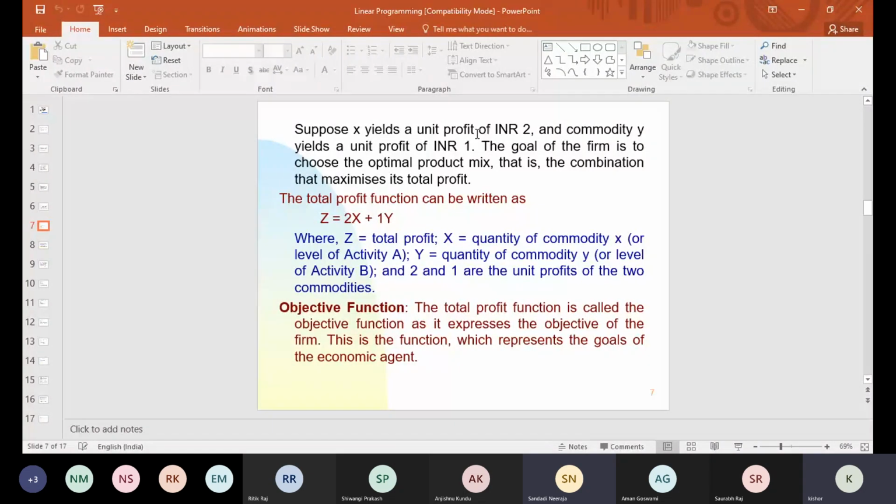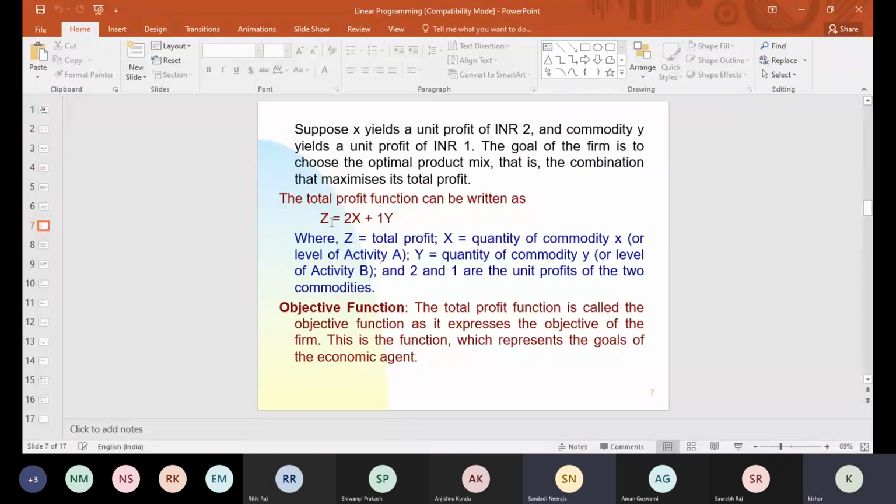So per unit profit is there, but we do not know the level of X and Y, how many units, that solution linear programming will give us. How many units of X and how many units of Y we will produce, so that our profit will be maximum. If we assume that Z is my total profit, then I can write the profit function as Z equal to 2X plus 1Y. 2 is the per unit profit of X, the level of X we do not know, 1 is the per unit profit of Y, and the level of Y we do not know. That we are going to get by solving linear programming. When you run it, in a fraction of a second, the computer will give the solution. But we are trying to discuss the mechanism.